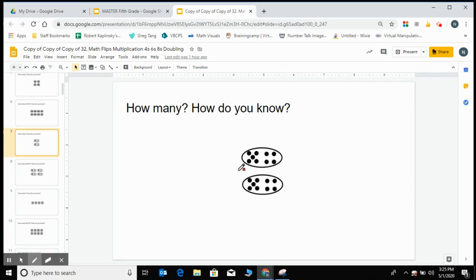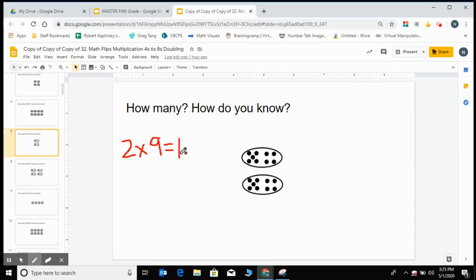All right, so let's take a look at what we have here, and I'm going to record my thinking off to the side. I can see I have two groups, and in those two groups, I have 9 in each group. I know it's 9 because if there was one more there, it would be 10. So I know that I have two groups of 9, and I know 2 times 9